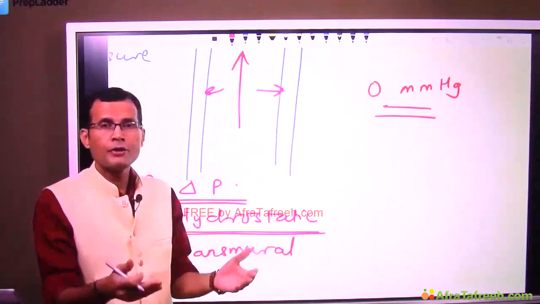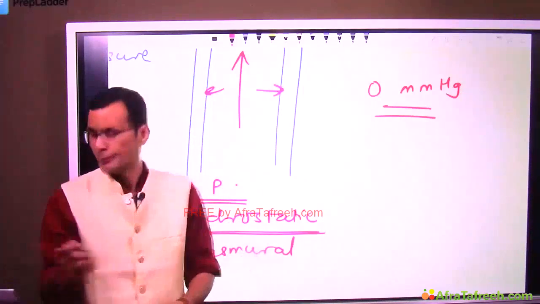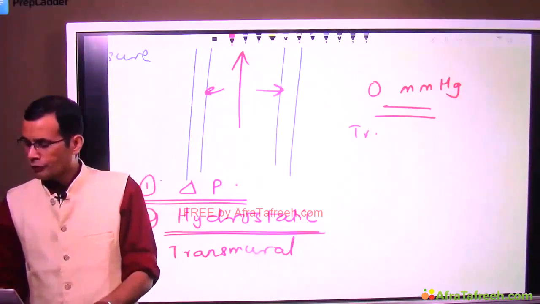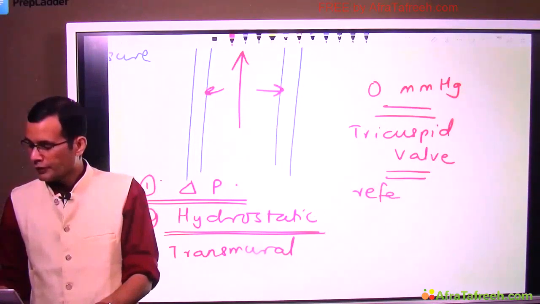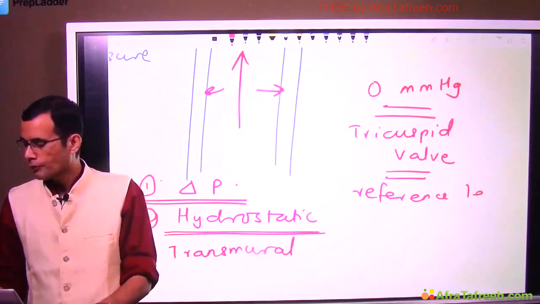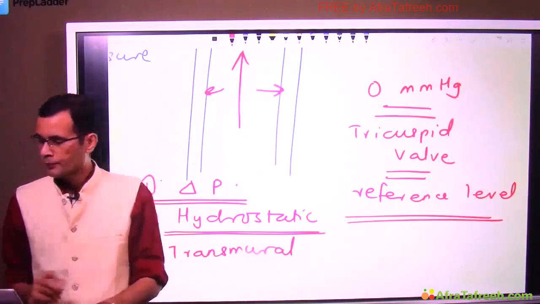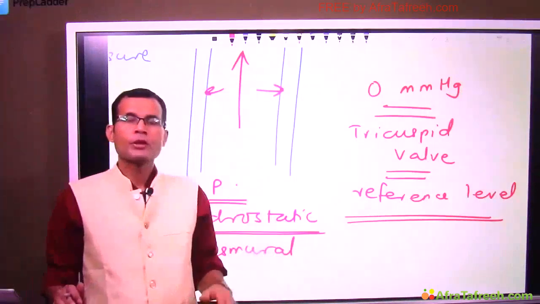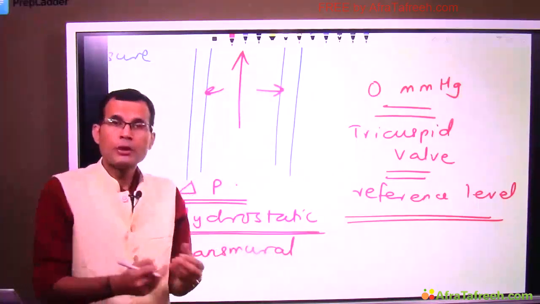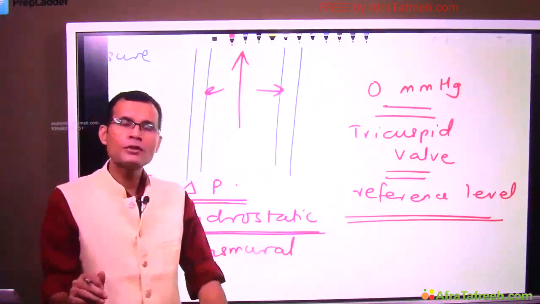If you have not already read about it, the level of tricuspid valve is said to be the reference level for pressure measurement. So pressure at the level of tricuspid valve is taken to be 0. Pressure below it, as you go towards the foot,